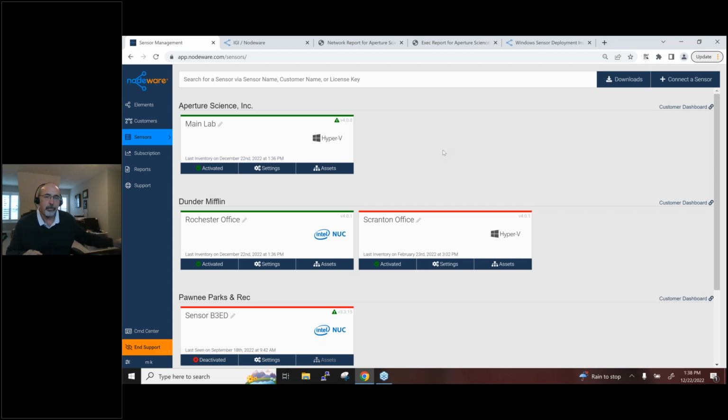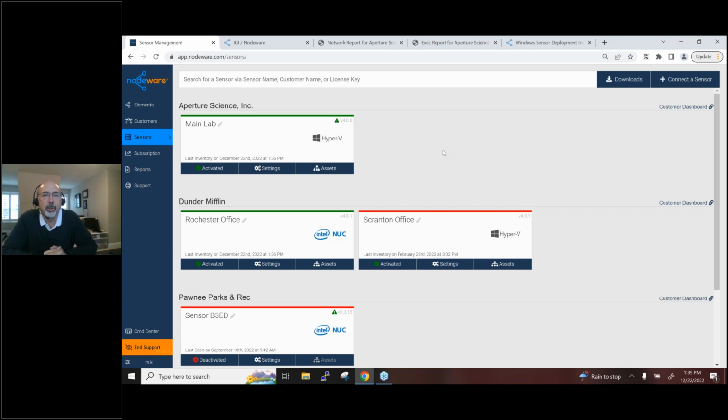So that would be something where you would want to turn down that sensor and reconnect it properly to the right customer. I'll be perfectly honest with you, I've maybe had 2 of those over the last 8 years that I've been doing this with Nodeware. So it's a rarity, but it can be done, right? You're installing a pretty sophisticated system in a relatively easy manner. You just want to take your time and make sure you're reading and selecting the proper boxes.